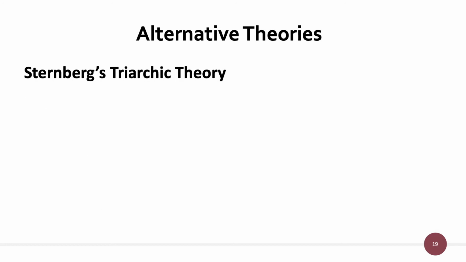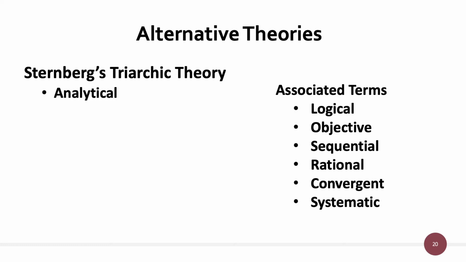A second alternative theory is Robert Sternberg's triarchic theory of intelligence. He proposed 3 separate, though related, intellectual abilities: analytical, creative, and practical. Analytical intelligence involves the ability to investigate the elements of a problem and look at the relationships among elements. This ability is quite similar to that measured by traditional psychometric instruments. Some related terms include logical, objective, or sequential thinking, being rational, seeking convergent solutions, and being systematic in the process